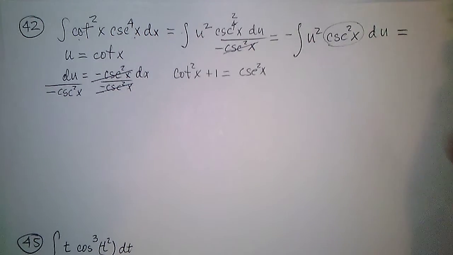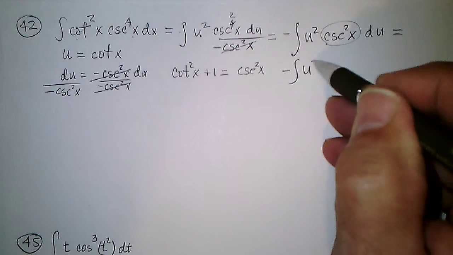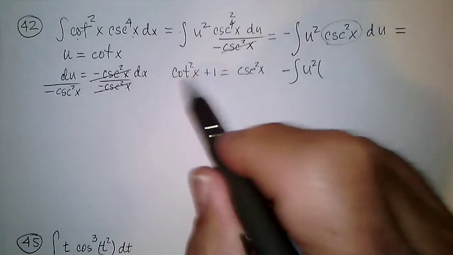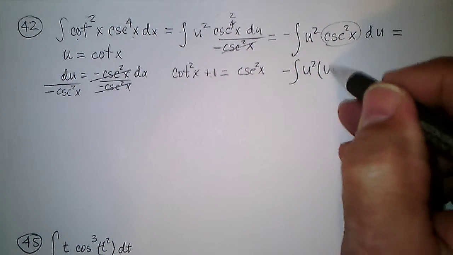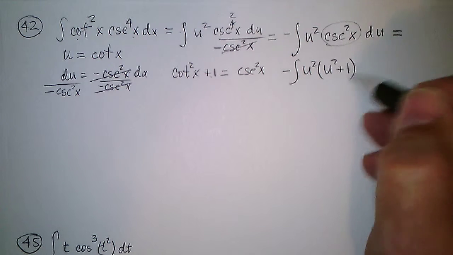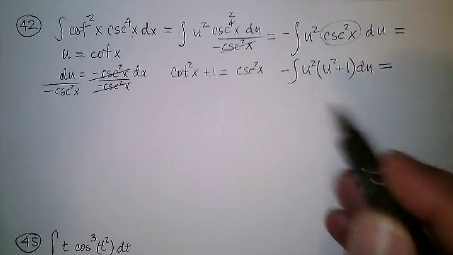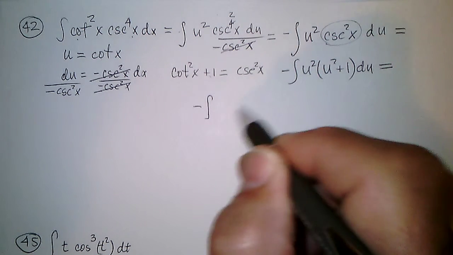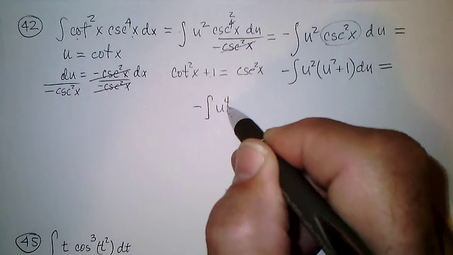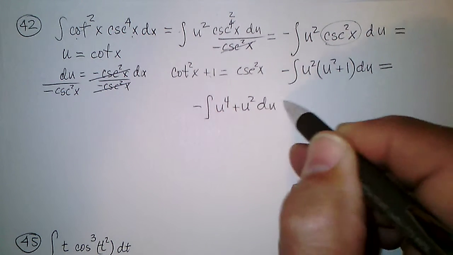So this would turn into negative u squared, and cosecant squared is cotangent squared plus 1, which is u squared plus 1. So this would become the integral of negative, the integral of u to the fourth plus u squared du,